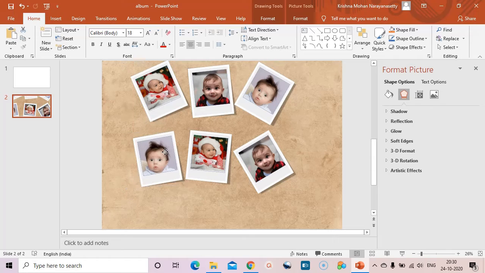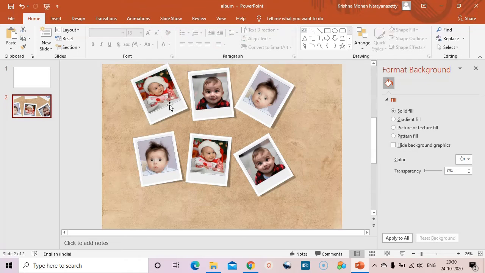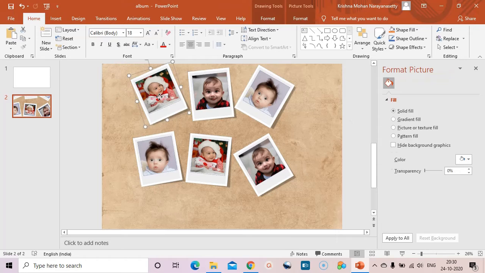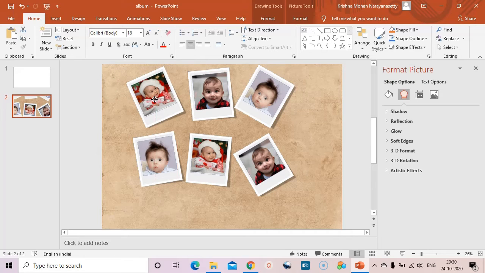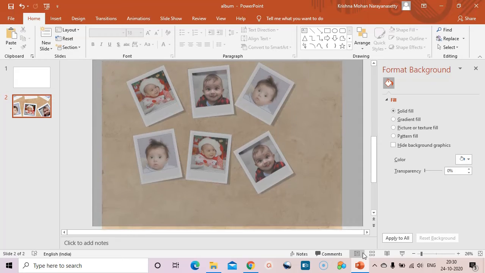You can change the direction the way you want. You can adjust any number of photos like this. And now what we are going to do, we are going to group it. For example, this photo is separate, right? We can separate it. Instead of that, the frame and photos, everything should get grouped.